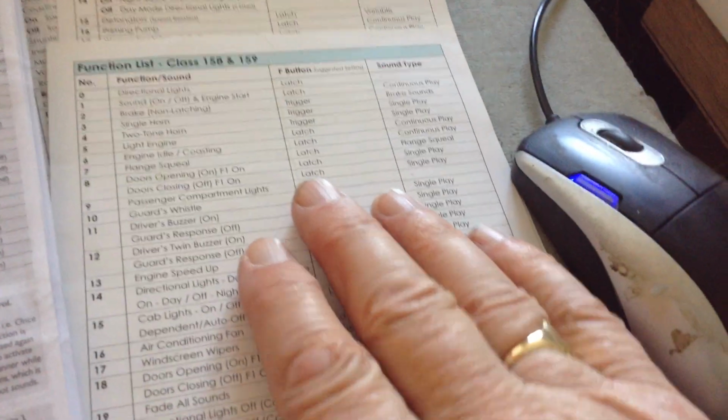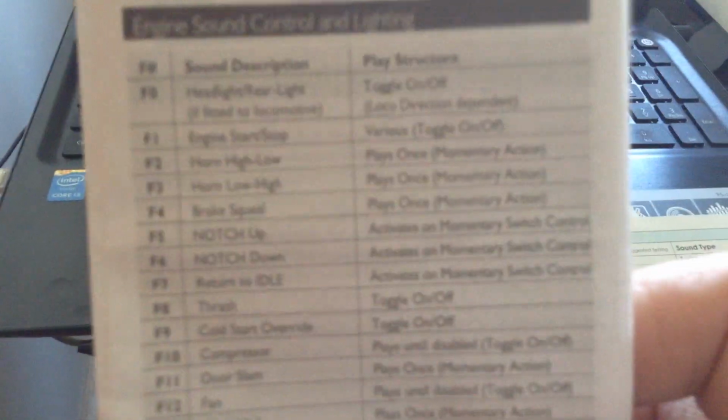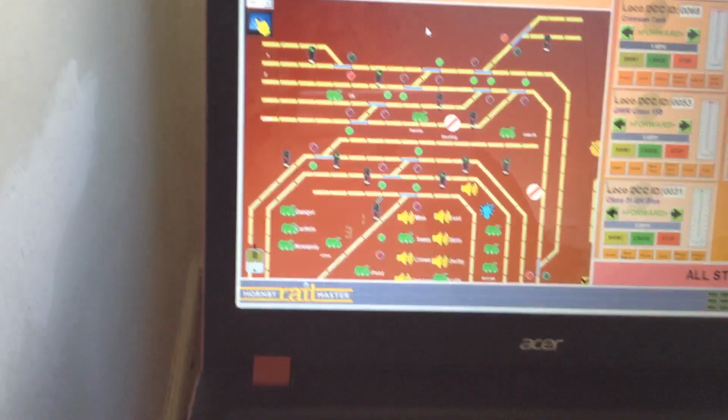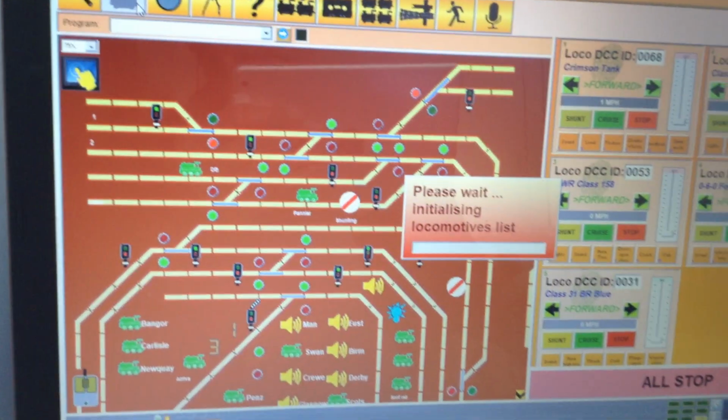So as I say, this is the one for my 158. As you can see, there's 28 of them there. Now the thing is, if you use the Hornby ones, most of them, these functions are already in the system. So what we'll do first is, if you go to your list there, which we're going to do here,